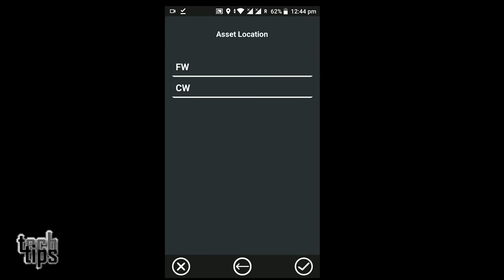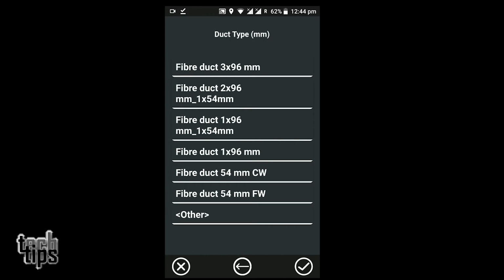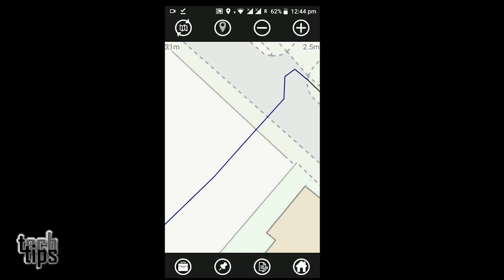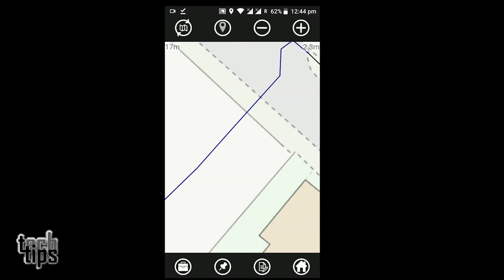I will just put in a general and tarmac and choose the size and save. Yep. So there you have a beautiful cable there. Now, what we have is that you see the cable going over various portions, and you have the various types of pavements or different surfaces. So I will zoom in,